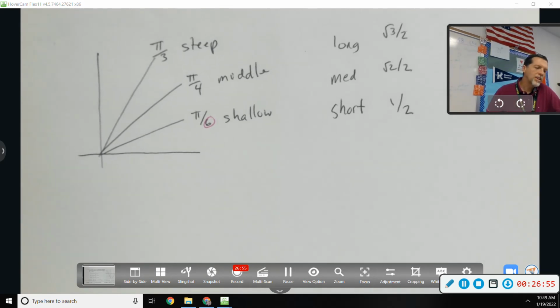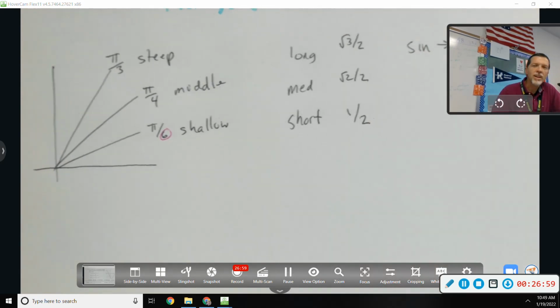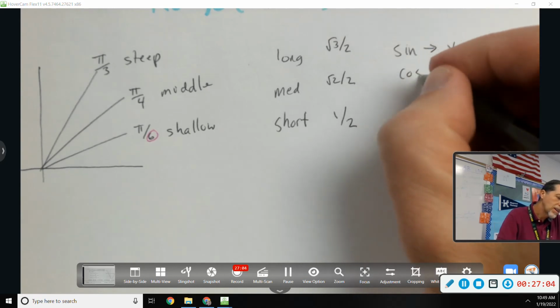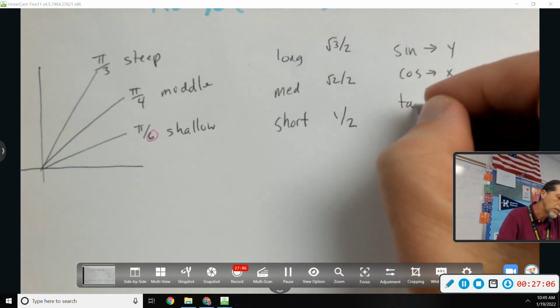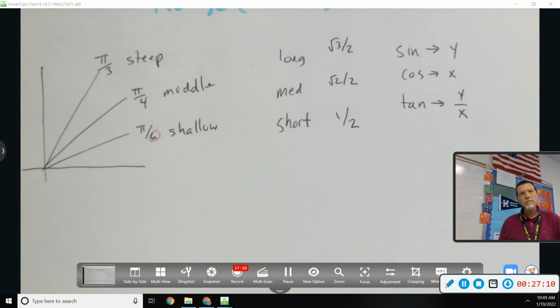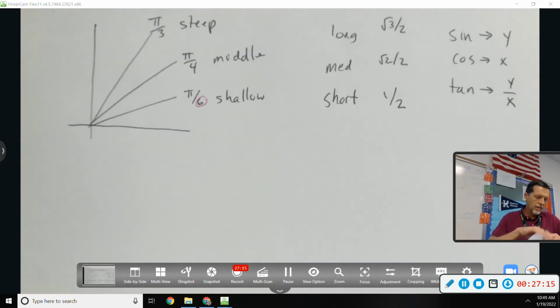Well, I guess I need to know that sine. How do I know what sine is? Which coordinate do I look at? Y. Cosine is x. What about tangent? Y over x. And then quadrants. So yeah, it's a lot of stuff. Let's answer a few from the back